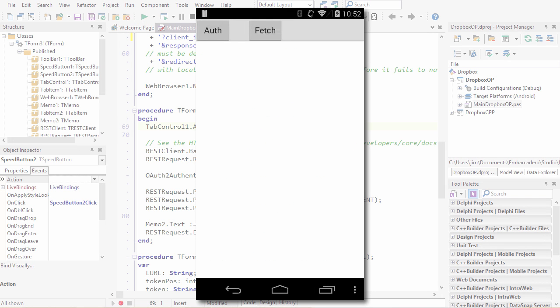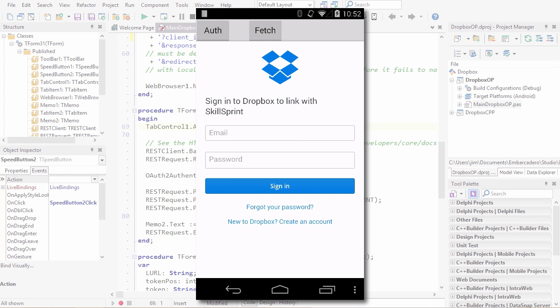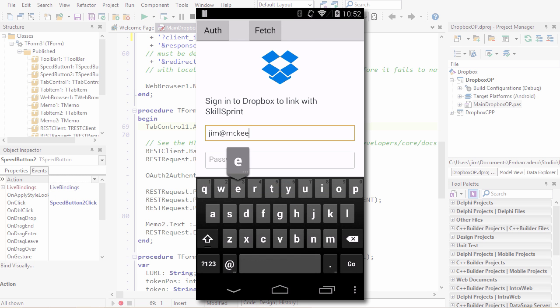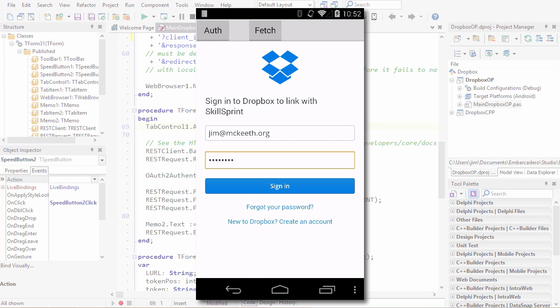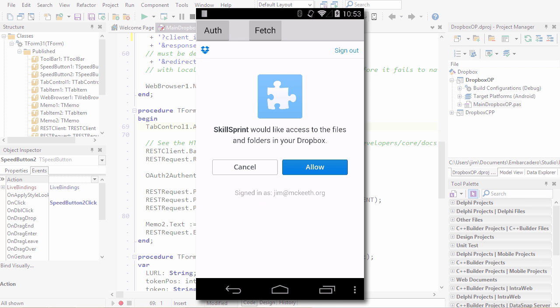Here's the app running on my Nexus 5. When I tap the auth button, it brings up the sign-in screen. Notice it has the name of my app here, Skill Sprint. So go ahead and tap in email, and I'll type my email address in and password. Then when I'm done, I tap the sign-in button, and it redirects me to this page here